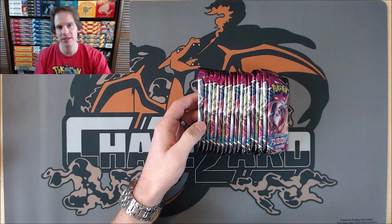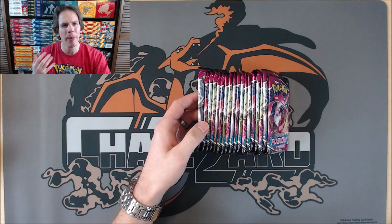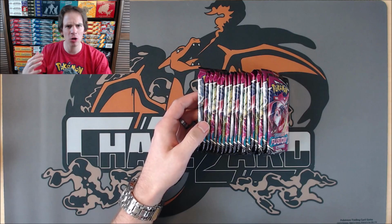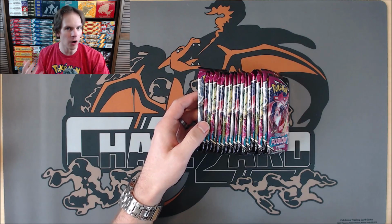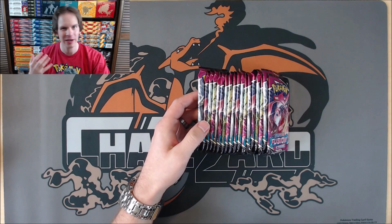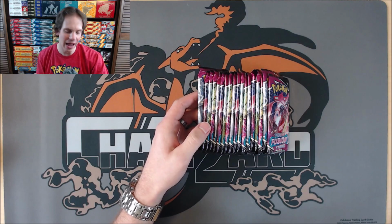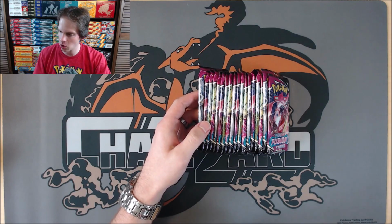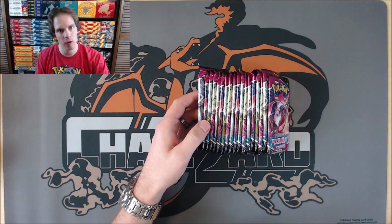Now with this set being so large, you would think the pull rates would be a little bit better, but overall this set is down a little bit when it comes to ultra rares and secret rares, so the pull rates are tougher, and I've seen some very terrible boxes out there. Hoping this box is at least average from 36 total packs. So before I get to opening the actual packs, I will head over to the price guide